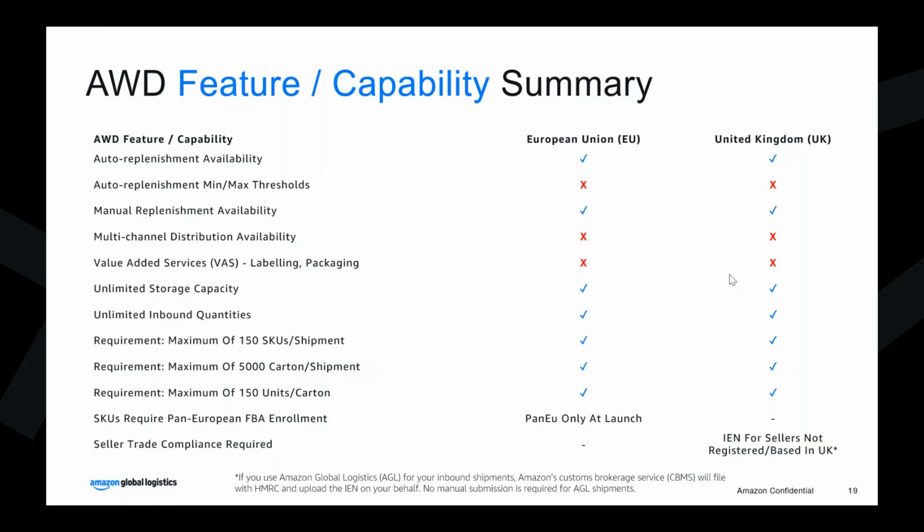Okay. Is there a plan for a bonded warehouse for movements between EU and UK? This is actually available with Amazon Global Logistics, so that would allow you dual inbound from China to the EU and UK marketplace through a bonded warehouse, depending on how much cargo you need in each. But as of now, from an AWD perspective, no, this is not available. But it's super cool feedback. Thank you for this.